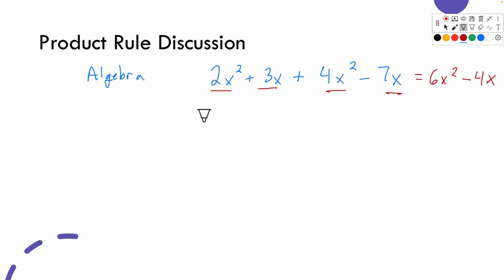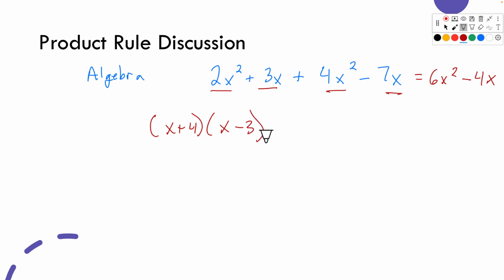And that's sort of what we've been doing so far with derivatives, right? Term by term, we've been taking derivatives. We've been doing the sum or difference rule, right? Adding or subtracting. But in algebra, when we were multiplying two functions,